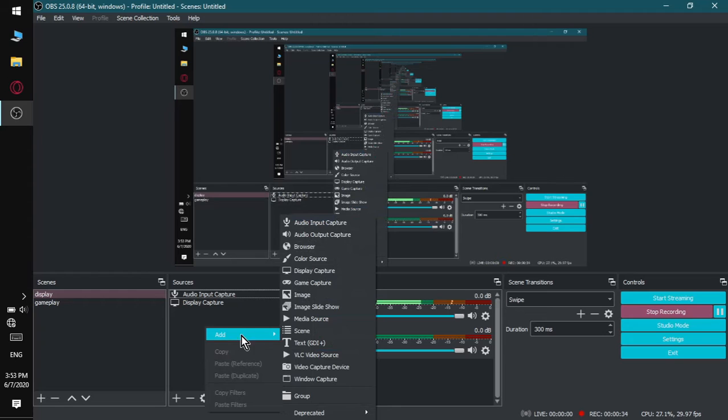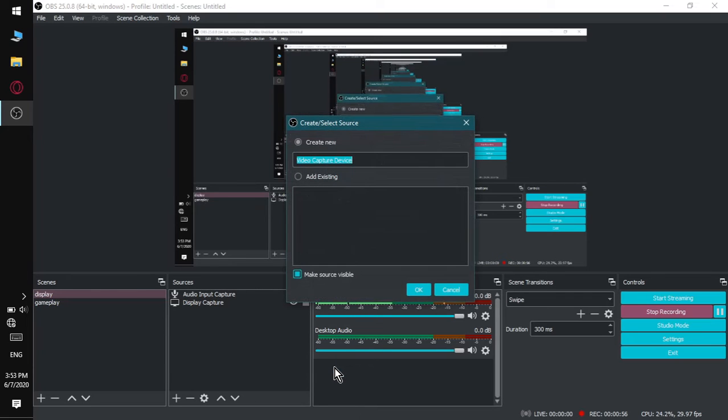Now hover your mouse over the add and you can see these options. So what you have to do is video capture. For this you have to make sure you have a webcam, or I'm using a laptop so it has an integrated webcam to do this,